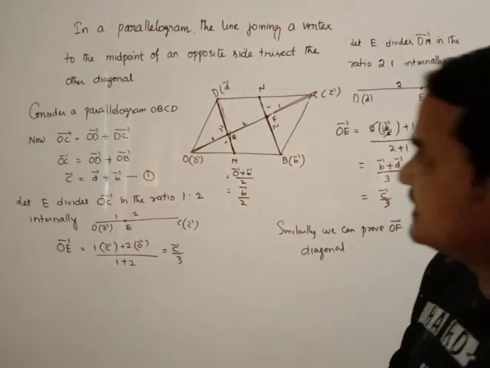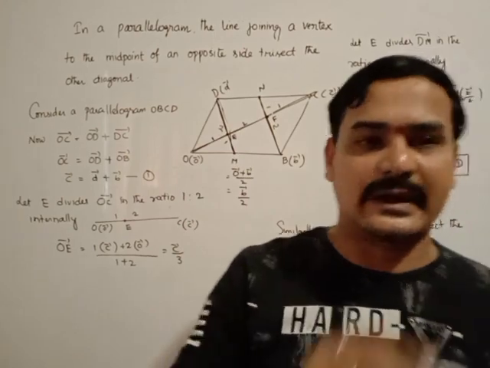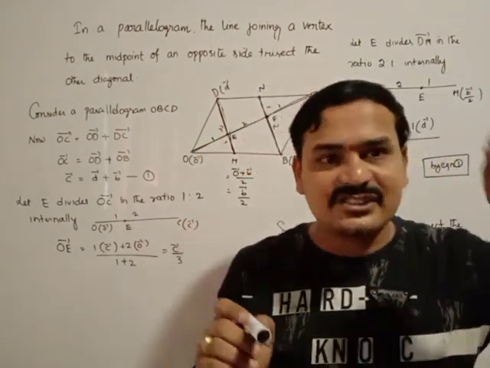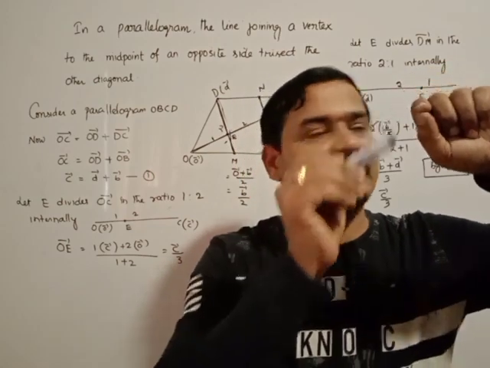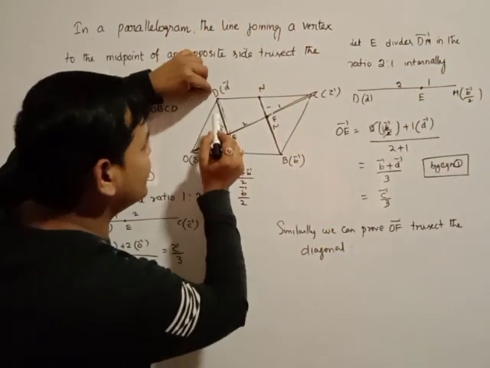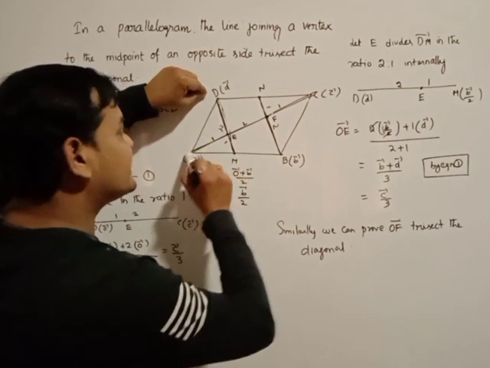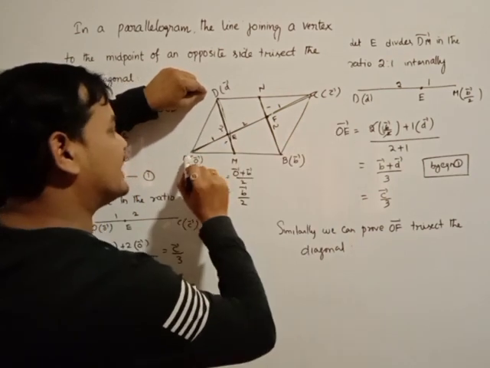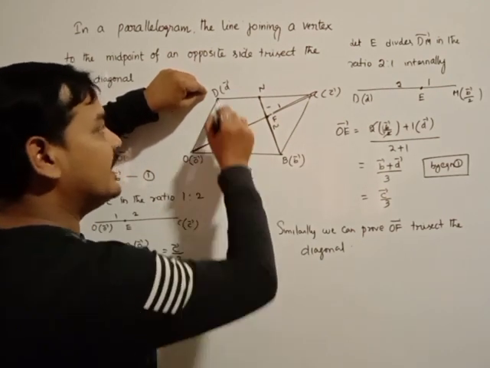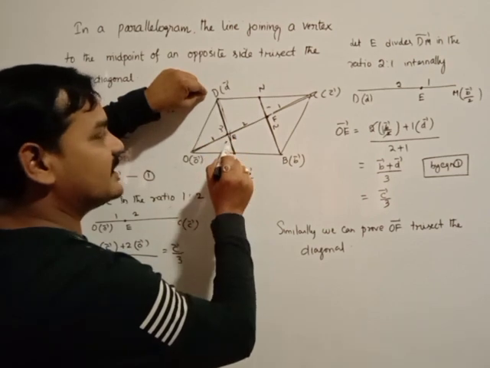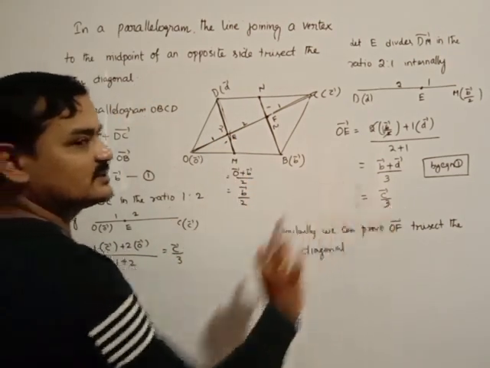Try to understand the question carefully. First of all, you can take any parallelogram. In any parallelogram, the line joining a vertex and the midpoint of the other side trisects the diagonal. For that purpose, first of all, I consider it a trisect point at 1:2, and similarly DM wise I can find 2:1. So from both conditions, you get that E bar is equal to C bar by 3.